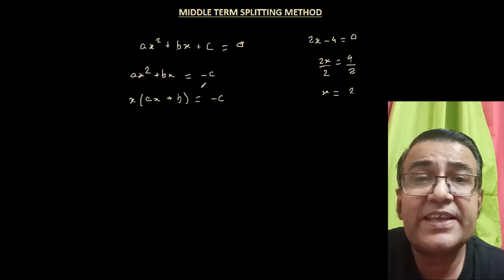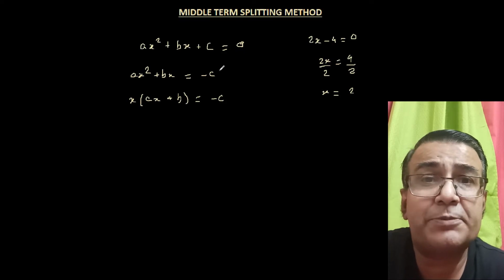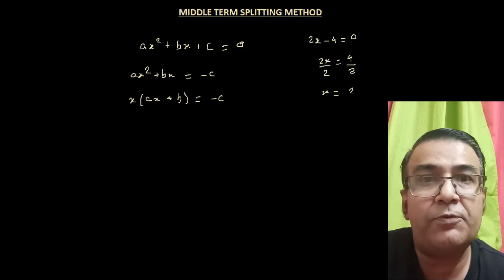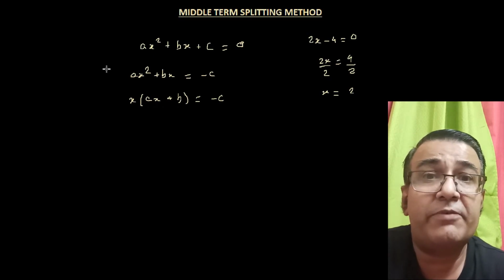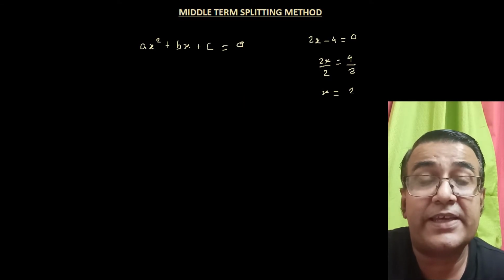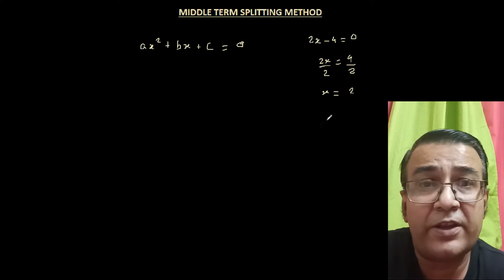Now we get stuck. What do we do after this? How can we say that the product of two numbers is a particular number? For example, if the number is 2, it could be 1 into 2, it could also be half into 4. So we get stuck here, and we don't know what to do. So this isn't going to work. Let's delete this and see what else we do in a linear equation.